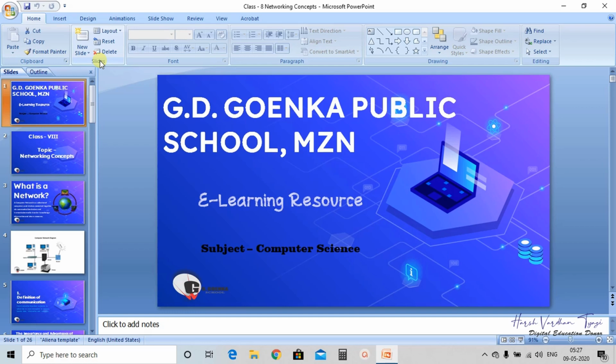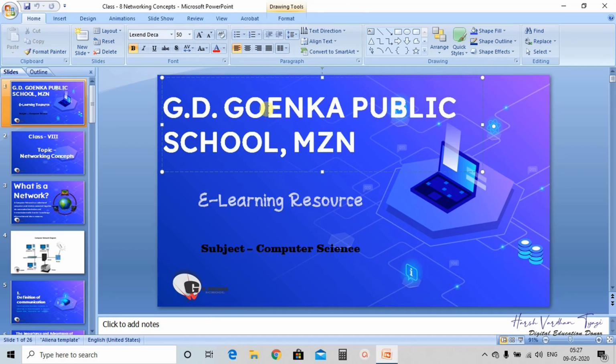Now when we talk about animation, animation means that when you give an effect, that is the appearance effect, to a particular object on a slide. For example, I have written this GD Goenka Public School Muzaffarnagar. So when I give any effect, a moving effect, to this particular text, or suppose I am giving a moving effect to this particular image or a logo or anything that is there on the slide, whenever you give any moving effect, that is how your text will come, how your text will move on the slide, that part is called animation.